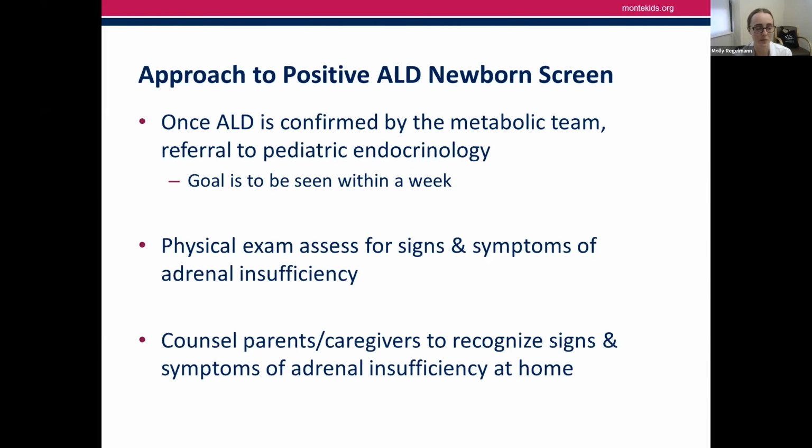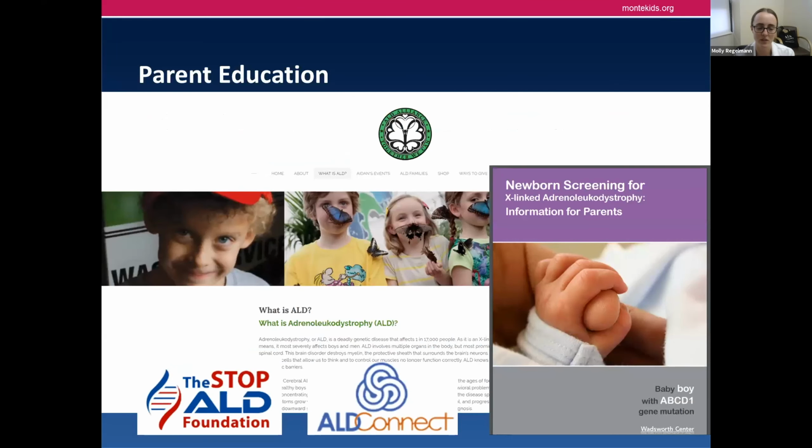It's not always possible, especially with COVID, but we do telemedicine if we need to and try to talk through everything. We do a physical exam, and I talk to parents a lot about what the signs and symptoms of adrenal insufficiency look like, so that they feel empowered to give us a call and let us know if they're seeing anything between visits. Hopefully nothing is drastic between visits and we have a plan.